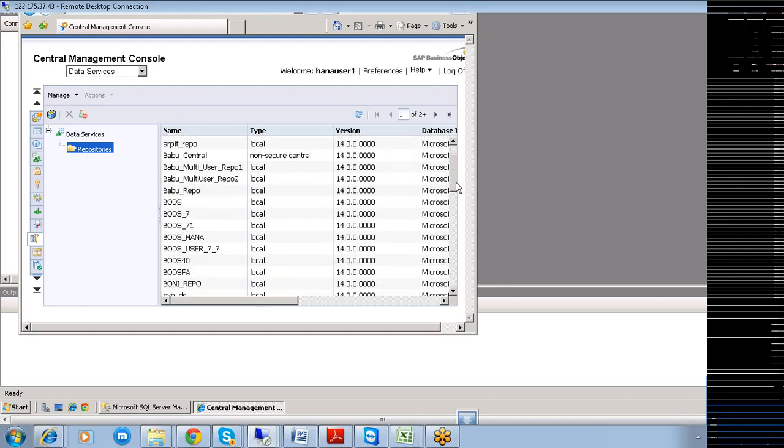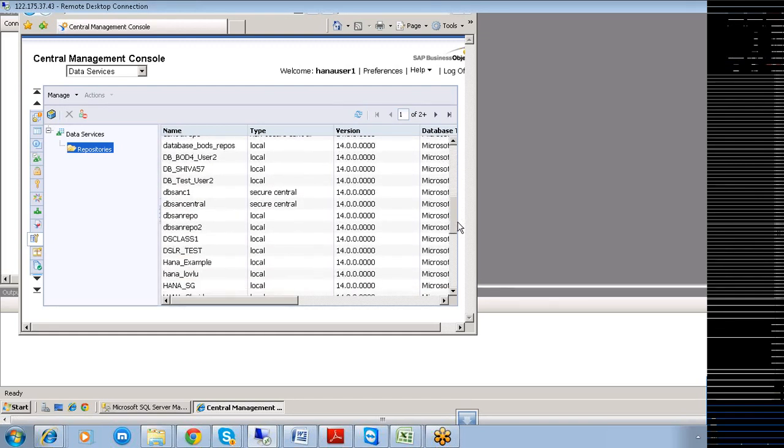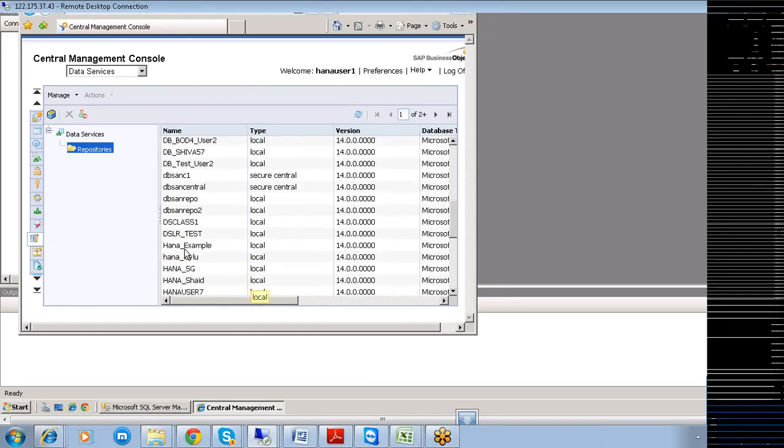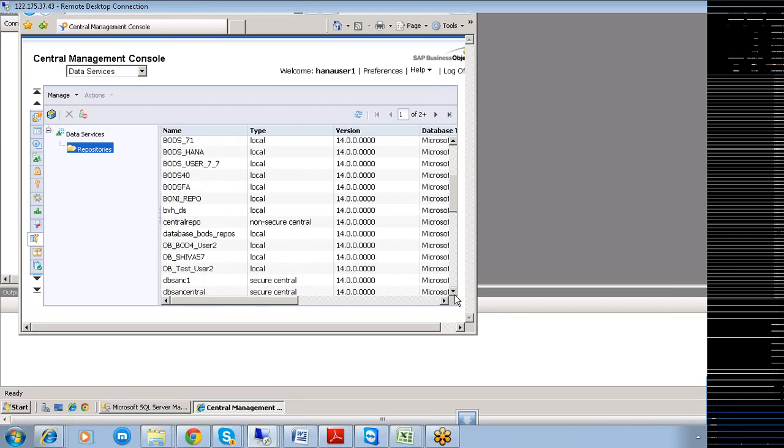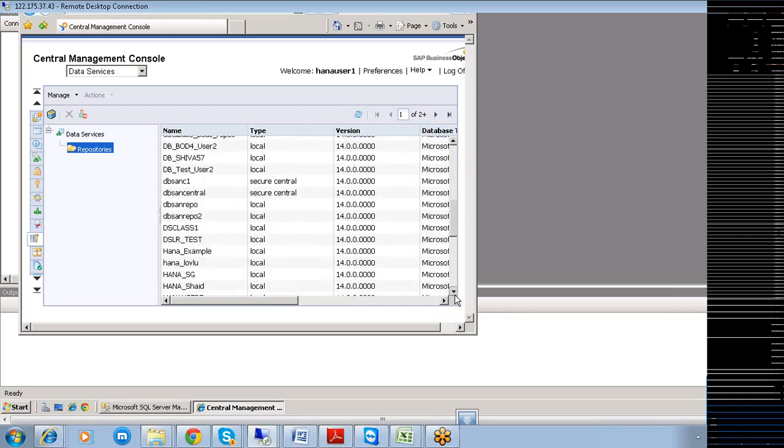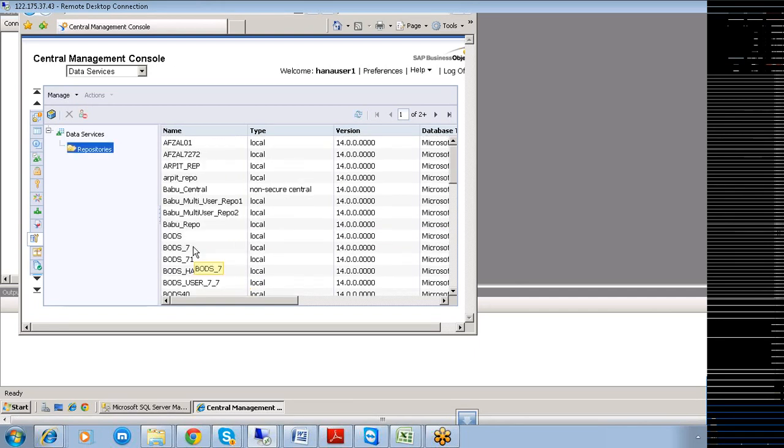When you come to repositories here, you will be able to see that HANA underscore example is created here in this particular case.